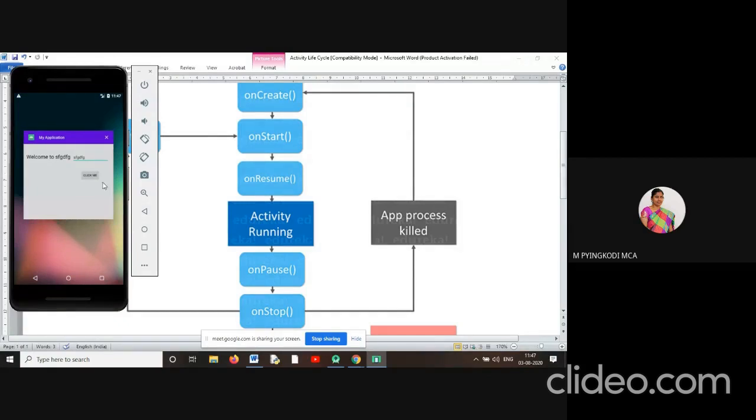We have not chosen exit, so it is still alive.